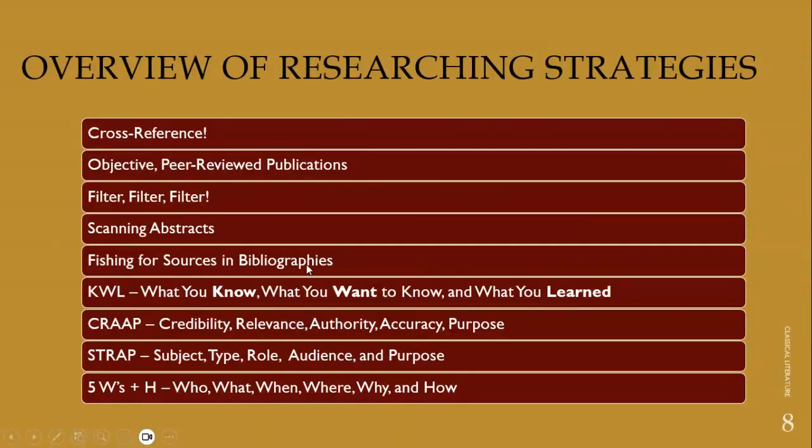And lo and behold, you'll probably find them. Sometimes you do, sometimes you don't, but it's a good idea to look through those bibliographies and be like, this one sounds like it could be useful. Let me follow up and see if I can find it. And if you can't find it in the virtual library, you could always go to google.com/scholar. That's the academic journal or the academic database that Google has. And there's a bunch of articles on there as well. So if you don't find it in the CSU library, you could always go to google.com/scholar